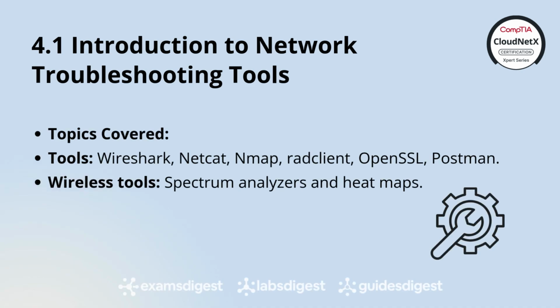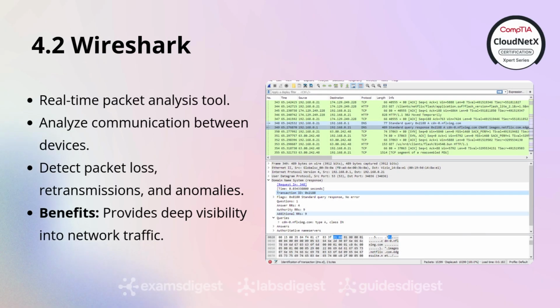In this lesson, we'll explore a range of tools, including Wireshark, Netcat, Nmap, Postman, and more, and delve into their unique applications for diagnosing network issues. Let's begin with Wireshark, a tool often referred to as the gold standard for packet analysis. Wireshark captures and displays network packets in real time, providing deep insights into network traffic. With its detailed output, you can analyze communication between devices, identify delays, and even detect security issues like unauthorized traffic